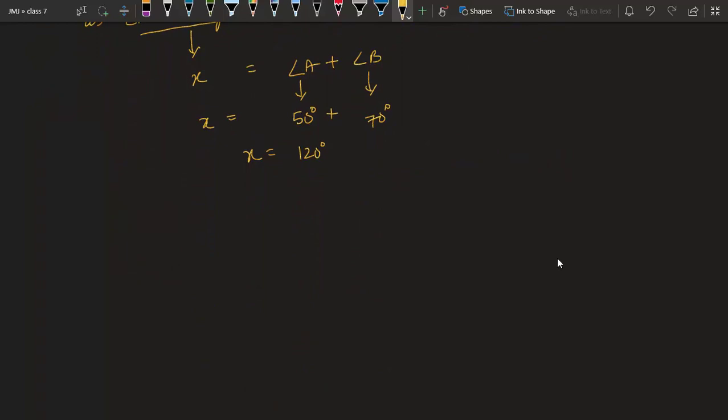Similarly, let us take one more part. Suppose I take the third part. In the third part, what do we have? Like this, a triangle. Again, they have not named it, you can name it anyway. I have named it as ABC, and I am naming this as D. They have given this angle as x. So this is the exterior angle given to us.